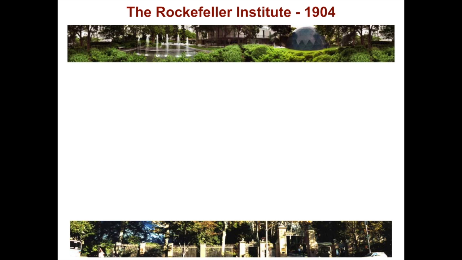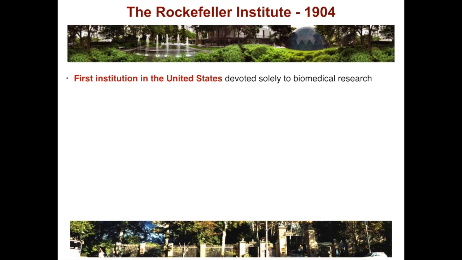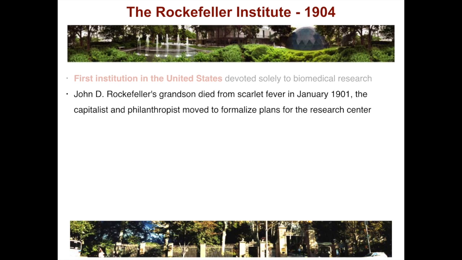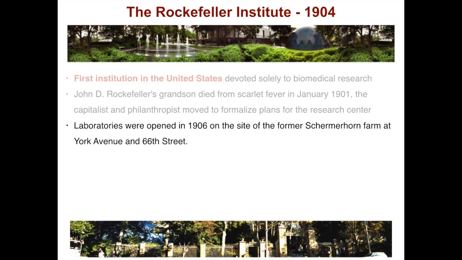In the 20th century, the Rockefeller Institute was established in 1904. It is the first institution in the United States devoted solely to biomedical research. John D. Rockefeller's grandson died from scarlet fever in January 1901, and the capitalist and philanthropist moved to formalize plans for the research center. The labs were opened in 1906 on the site of the former Schermerhorn Farm at York Avenue and